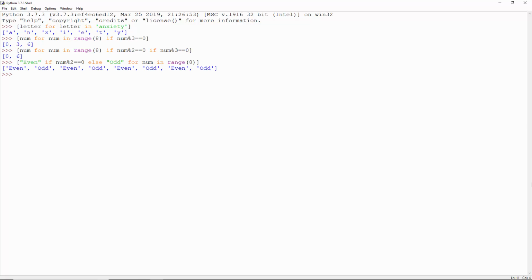And here, for numbers from 0 to 7, we store even and odd in the list depending on whether they're even or odd. 3's. Use list comprehension to build a function that returns multiples of 3 that are smaller than